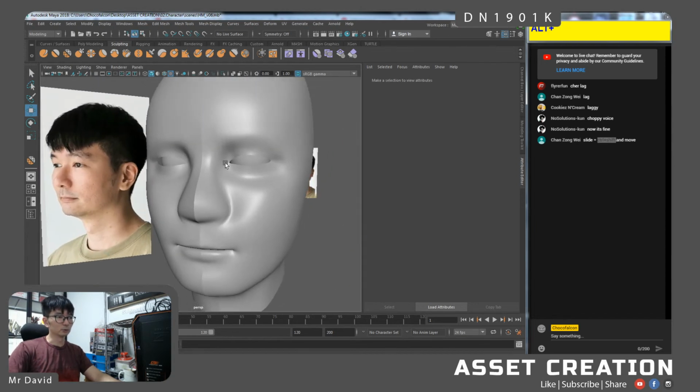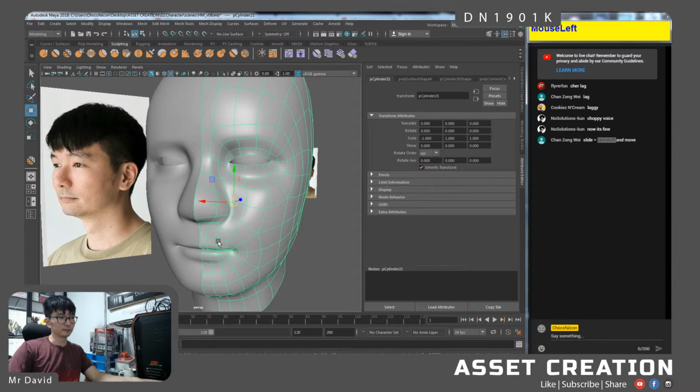So for the mouth, we can finally start moving on to work on the mouth. Instead of the nose and the eyes, I decided to start the mouth first, mainly because it's a lot easier compared to the eyes. The eyes are very similar to the mouth, just that with the eyes you've got the eye duct and the lips over here as well, and then you have the outer shapes, which might be a bit more confusing if I start off first. So if I start off with the mouth, which is very similar to the eyes but a lot simpler in terms of shapes,